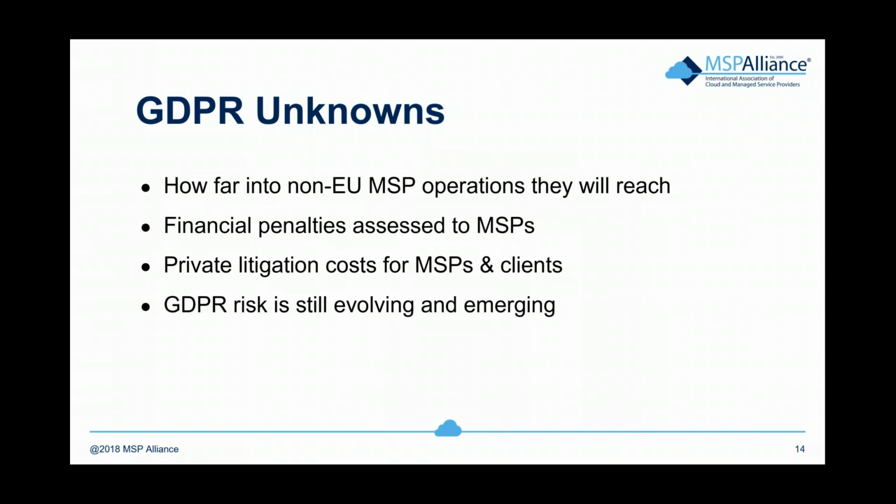And I think that it is an evolving risk landscape. And that's where we come back to the insurance, because anytime you're in an evolving and yet unknown risk landscape, insurance products can really help to fix your cost associated with that unknown risk. And so that's why we're recommending, in addition to implementing the basic compliance initiatives that are clearly identified in the regulation, to mitigate some of these unknowns with insurance.